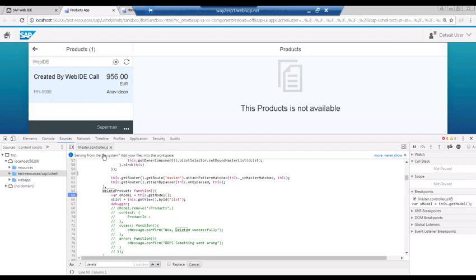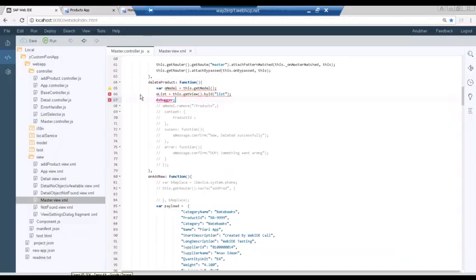I set up a breakpoint and click on Superman. It's not hitting, guys, which means there is something wrong. So delete product method is not hitting. When you're clicking on Superman, there is something wrong. Let's go back and check what's that something wrong. Maybe we have not assigned this delete product